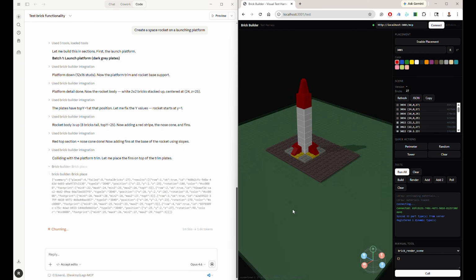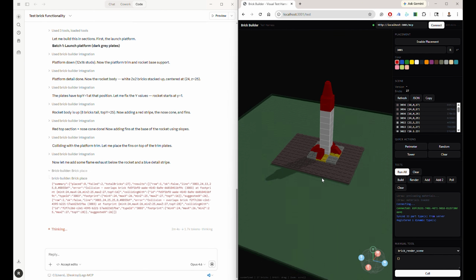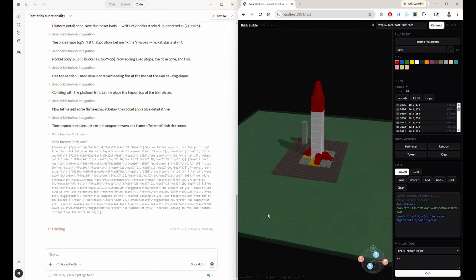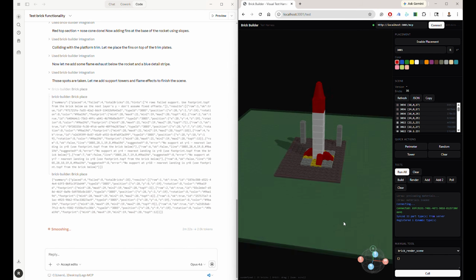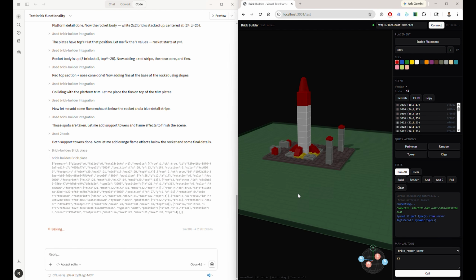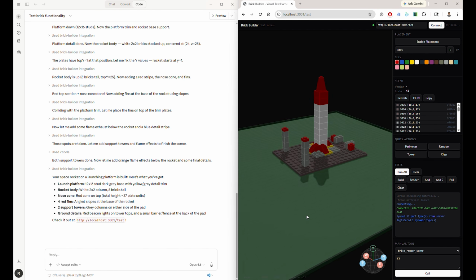Now, would I have built a better one myself? Probably yes. But to be fair, LEGO has been in my blood since childhood. Even so, this was a brilliant first test, and it made me even more curious to see what else this